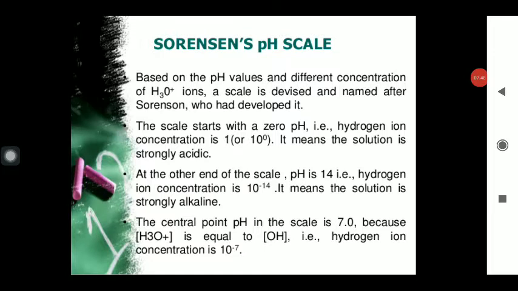Now, what specific parameters were given by Sorensen in the pH scale? This is based upon the pH values of the various compounds at different concentrations of the H3O positive ion. The scale is devised and named after Sorensen, who developed it. The scale starts with 0 pH, where the hydronium ion concentration is 1, that is 10 to the power 0, and it means the solution is strongly acidic, or you can say whenever the pH is less than 7,